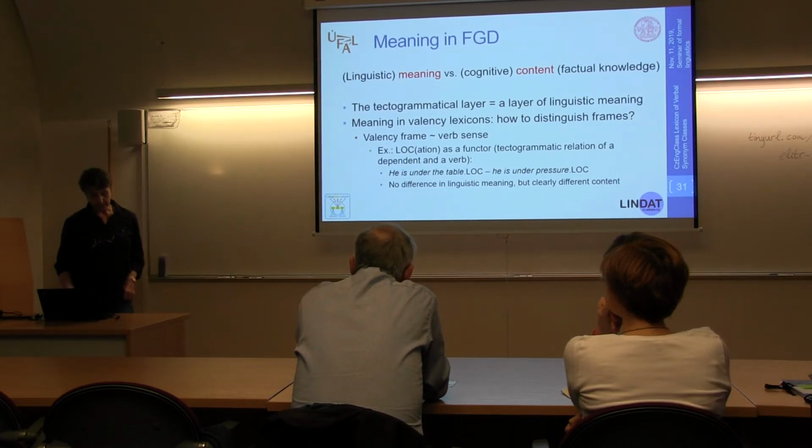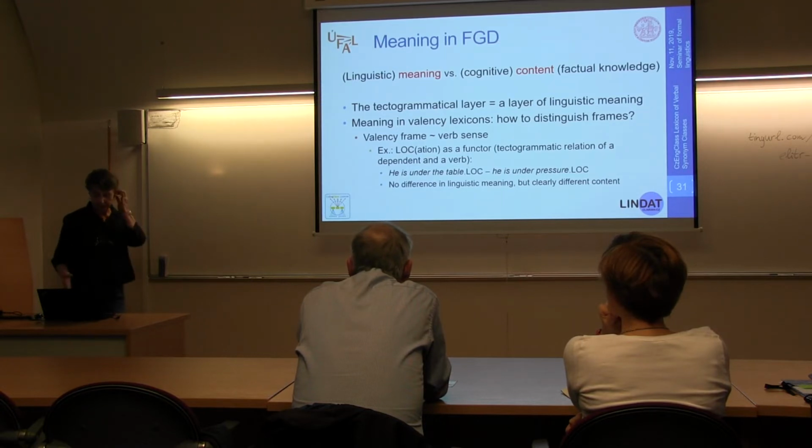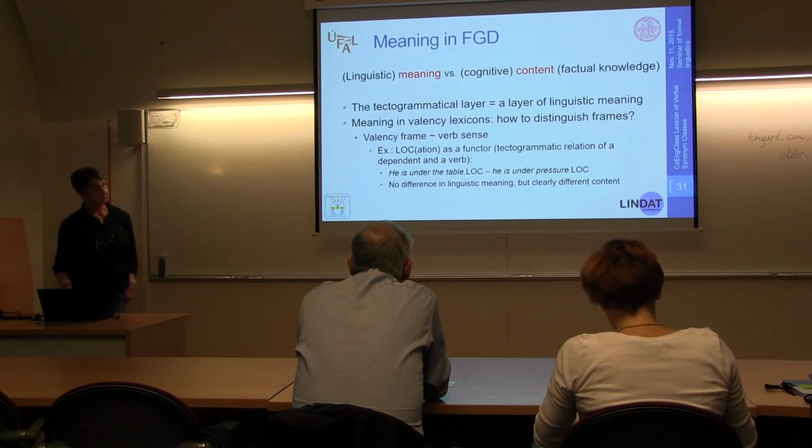As the higher layer of the functional generative description holds the text-grammatical layer, and this is a layer of linguistic meaning. So when it comes to valency, it means that the verb has to be actually at the text-to-grammatical layer, the linguistic meaning, according to valency, means the verb, then the valency arguments, and then the